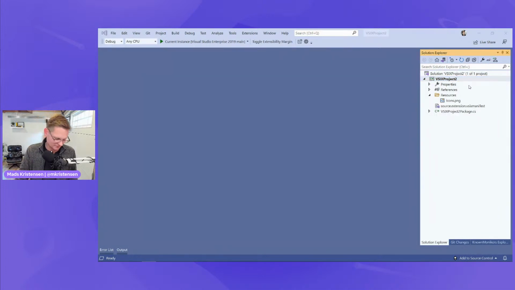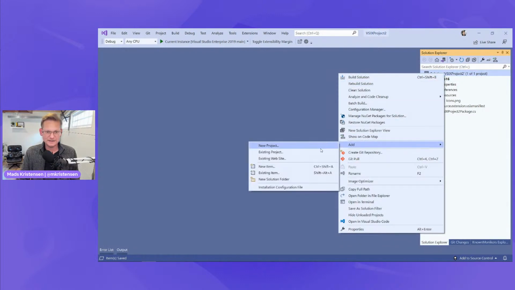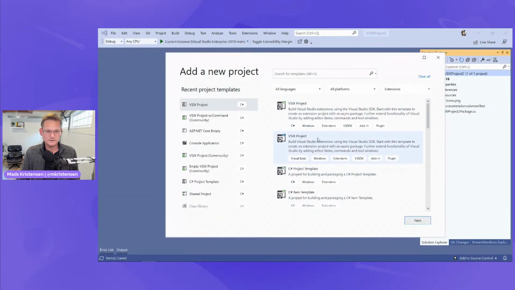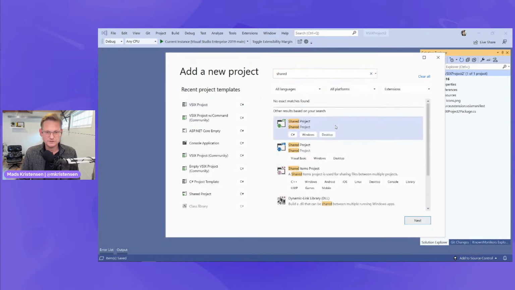Step two, this is where it's kind of interesting. Now we are going to split this project, V6 Project 2, into two. Just to make this easier, I'm going to call this project demo 16 because this is for Visual Studio 2019. And then I'm going to go up to my solution and add a new project. I'm going to add a shared C# project.